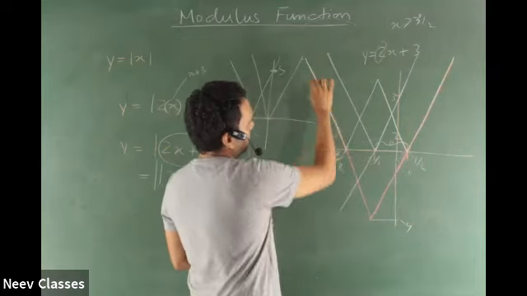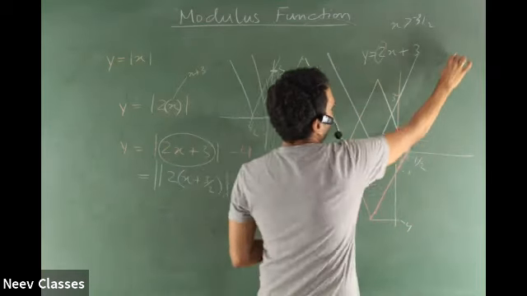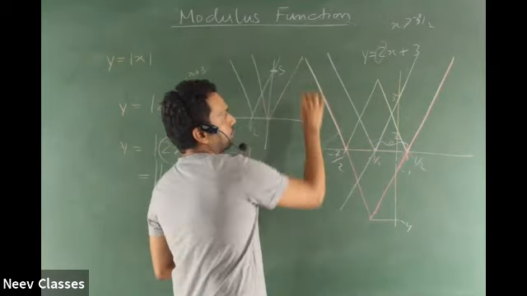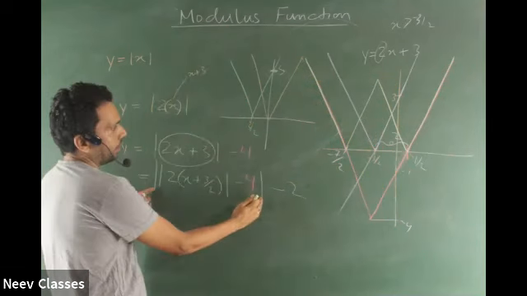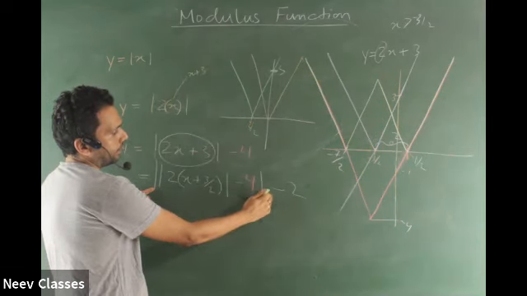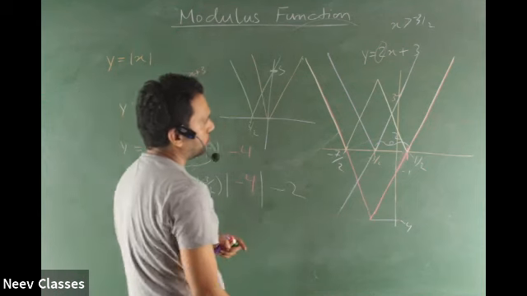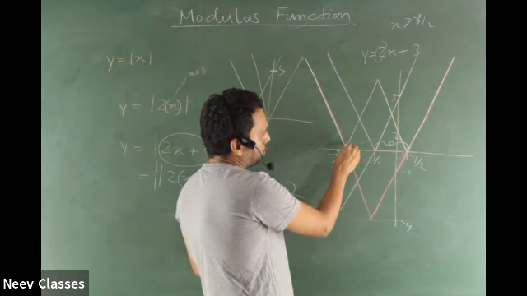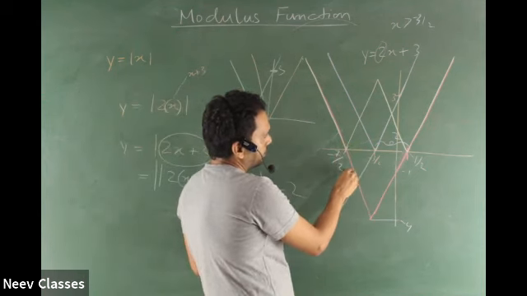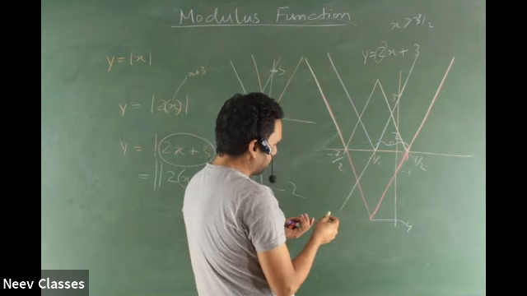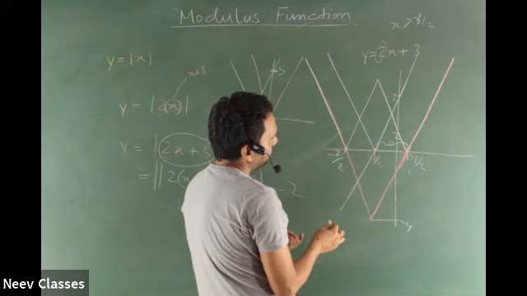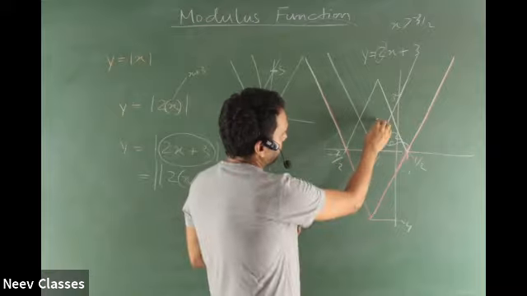So this will become this light green kind of graph. Till mod of that, and then drop of 2. Drop of 2 will be like this, it has gone down. Okay? So I'm going to make a mess over here. So why will it take a W shape? Negatives become positive.